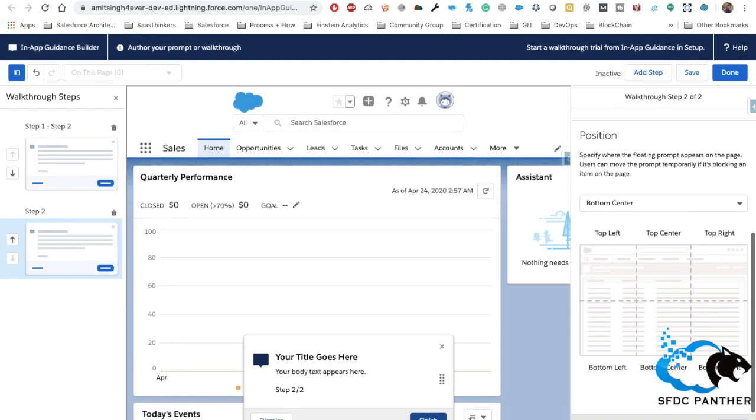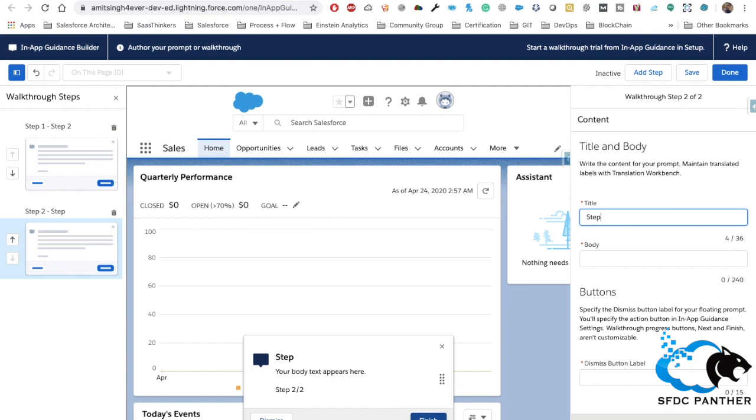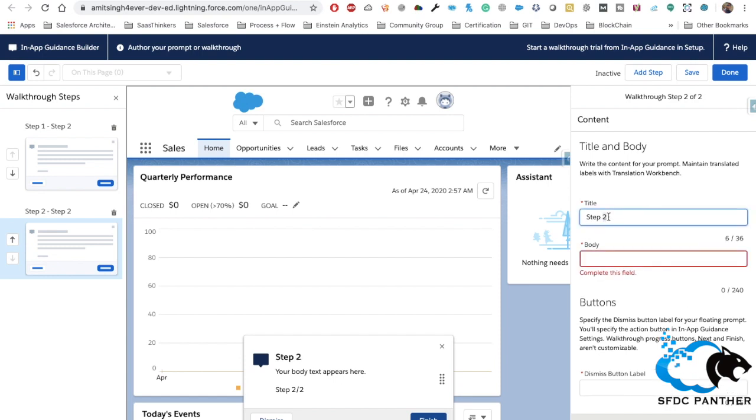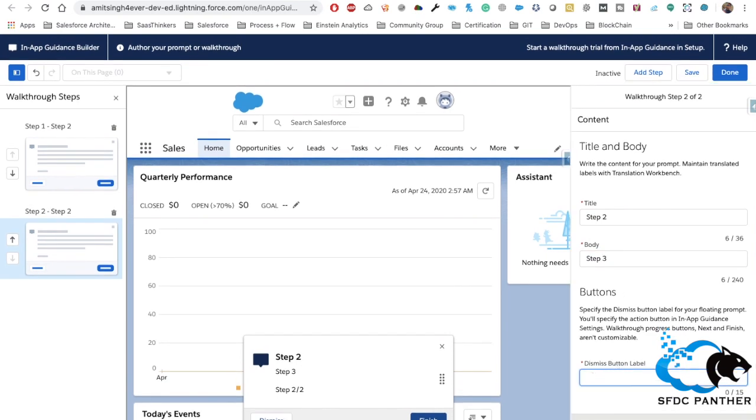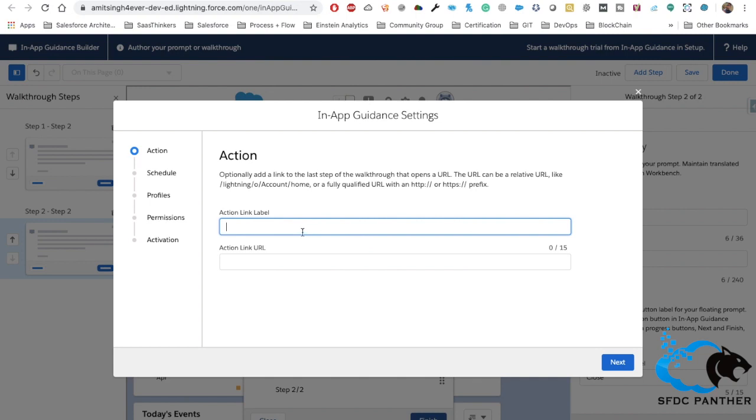So we have got 2 of 2, and then you can say step 2. So these are basically the steps that you can show your users when they are landing in the Salesforce environment for the first time, and you can make the use of Salesforce very easy for you and for your users as well. And you can also create some, let's say